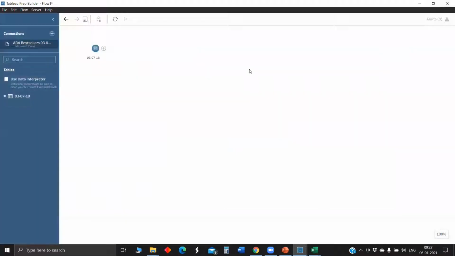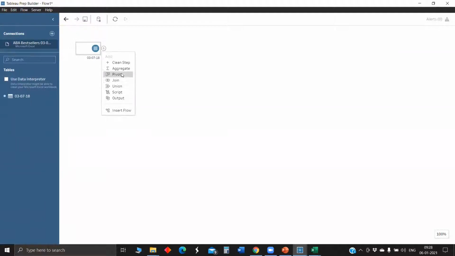So assume a case like we have TWBX format and TWB in Tableau, where in TWBX the data source will be embedded, and in TWB only the dashboards or calculated fields whichever we made will be there, but you have to load the data source. Same here. If you give insert flow, the flow whichever you already made, you can just implement, maybe a cleaning step or pivot. There might be a couple of flows which you have already created. If you would like to insert the flow, then you can just use this option.